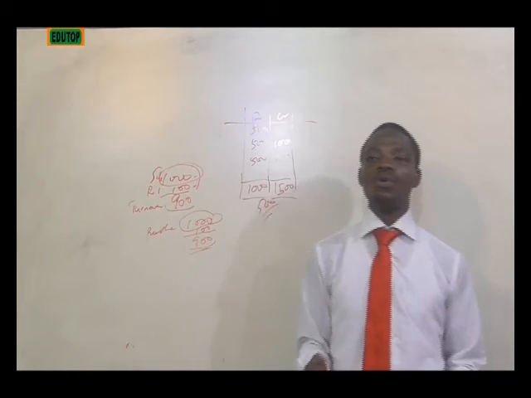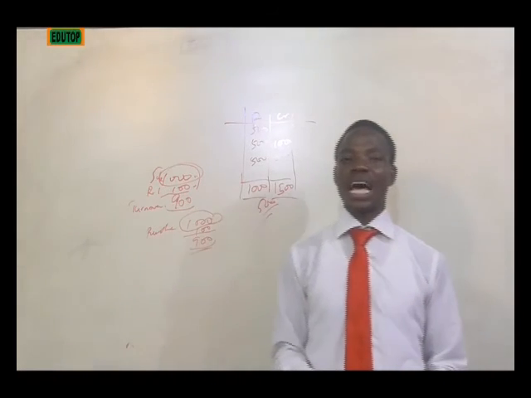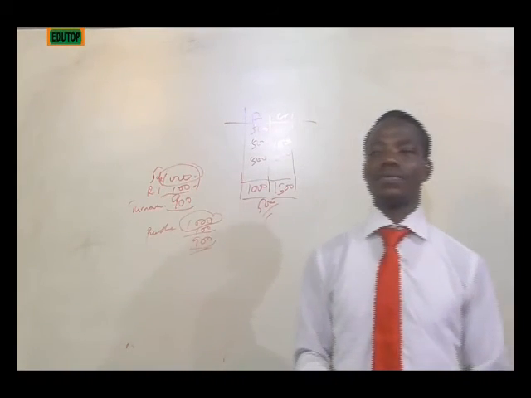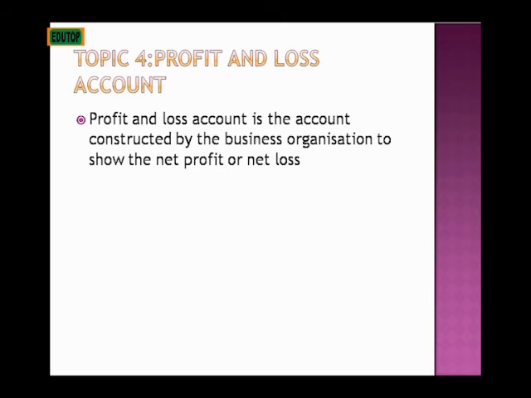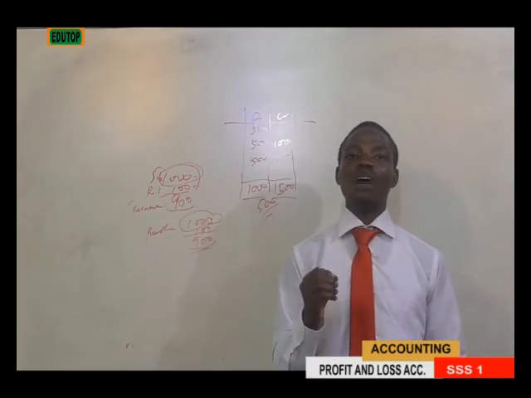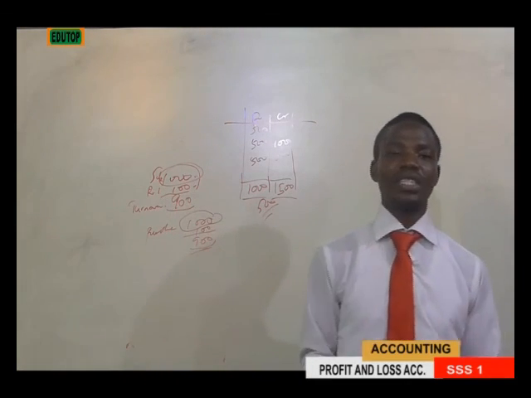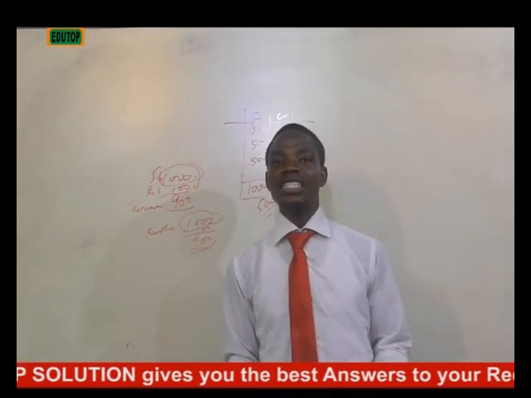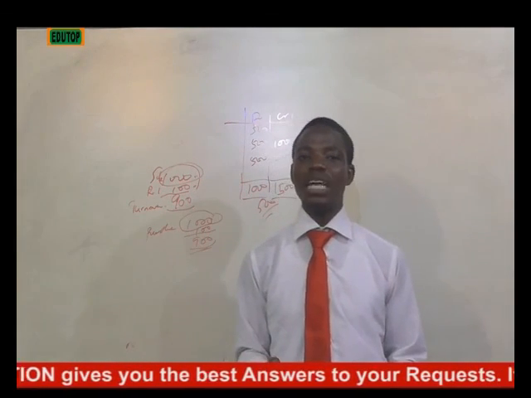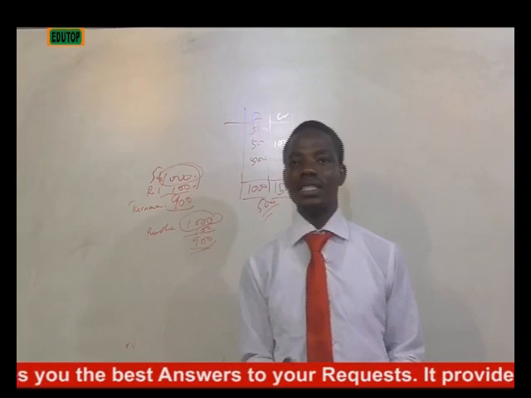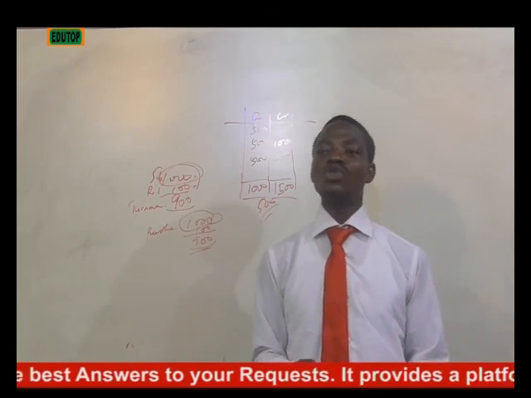In topic 4, we'll be talking about profit and loss account. Profit and loss account is the account constructed by the organization to show the net profit or loss. At the point in time when you are preparing trading profit and loss account, you have a gross profit. Gross profit is not your actual profit. The reason is that in the course of the business, you have incurred some expenses. So it is when you deduct